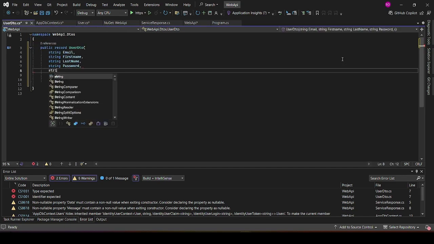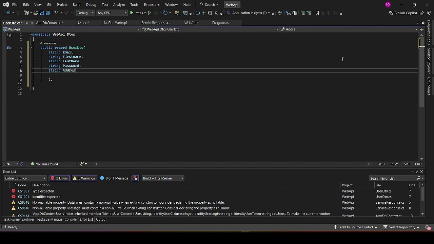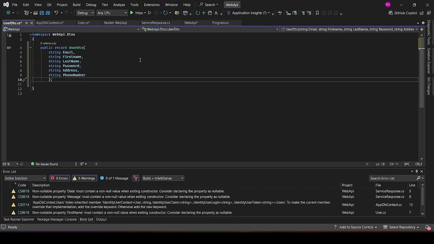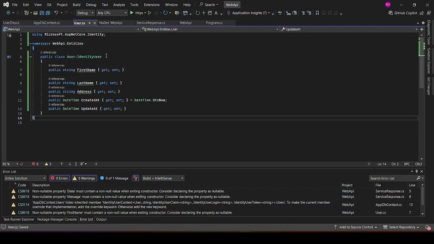Going to have string address, then also string phone number. So these are the basic information we want to collect from the user. If there will be any in the future or in the course of this development, we will include it. So having done that,